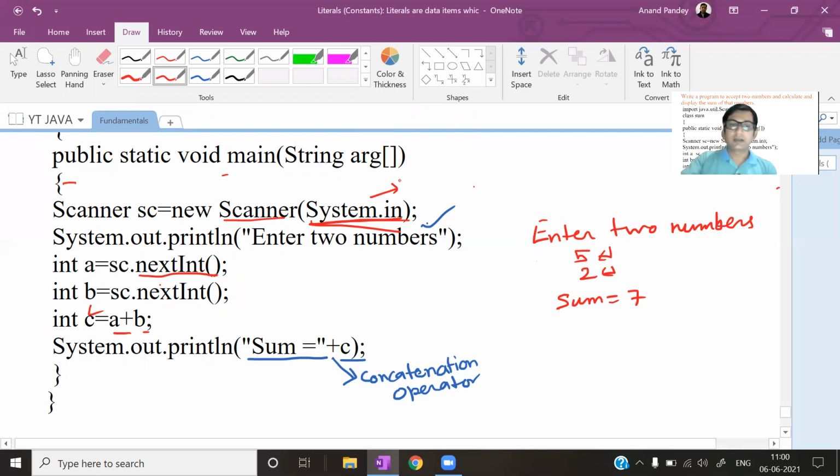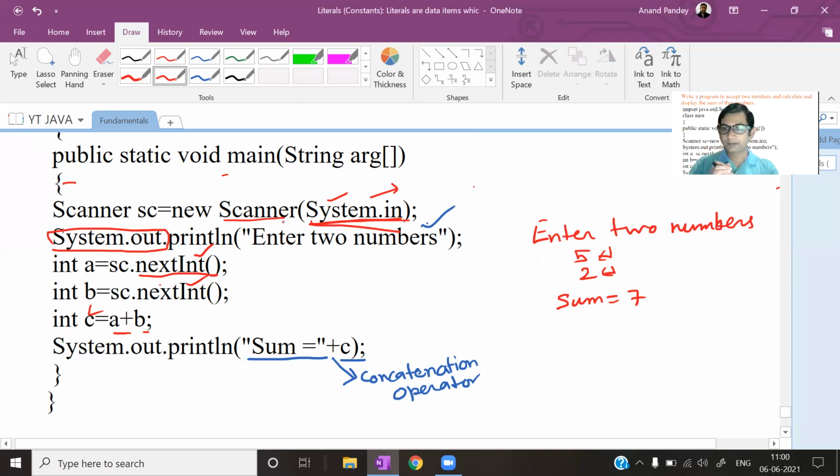Okay, that's why when your program is connected with the keyboard, taking input will be easy. Okay, through system.in, the program will be connected with the keyboard input device. Like that, system.out.println, what this function is doing, it is printing something on the screen.